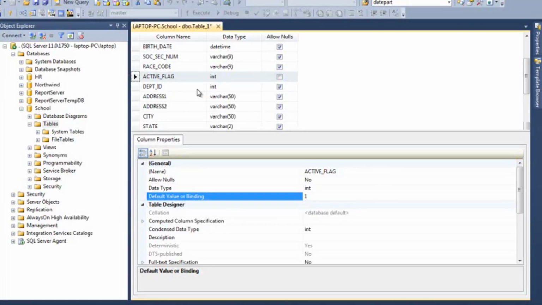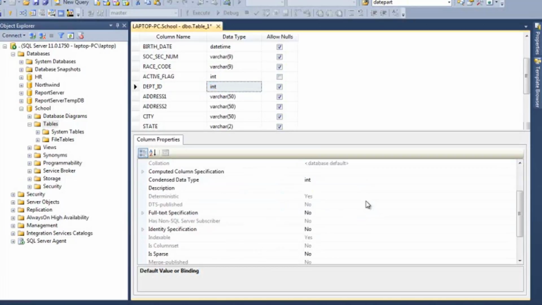Another thing we can do is, we will talk about constraints in detail, but let's say that we don't really have any department ID which is greater than 8. I could come in here and basically